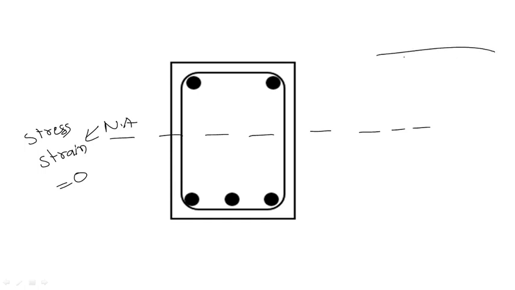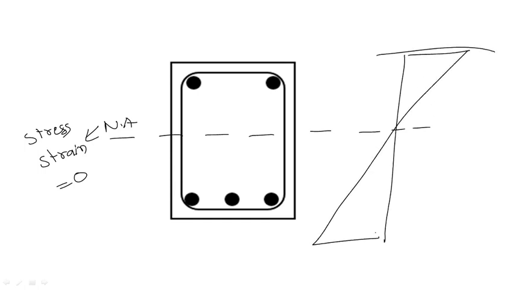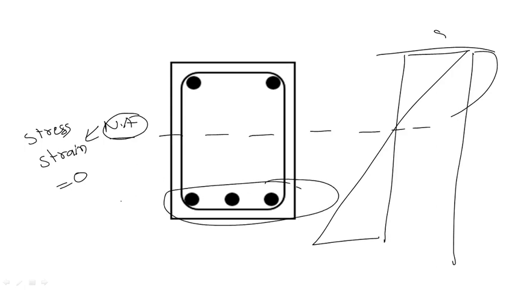If you draw like this in the working stress method, I think in the previous class I have explained you. This is a strain diagram as well as a stress diagram you have seen, right? So this is a strain and stress diagram. But the important point here is this is the neutral axis. This is the tension reinforcement, and this is compression.